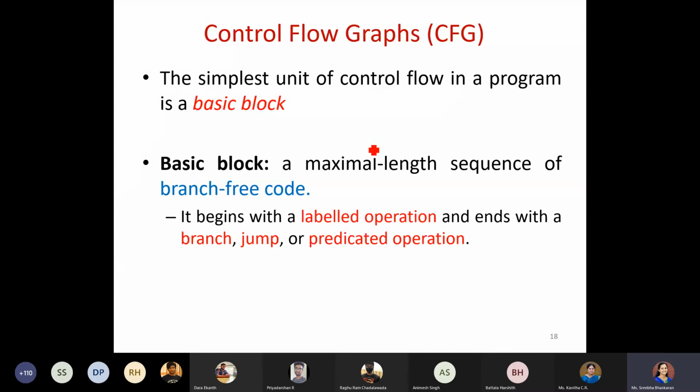Only then will it be understood which block you are referring to. So each shape, that is each block, will be numbered. So when we say a control flow graph, it is nothing but a set of statements mentioned inside a block, and that block we call a basic block.